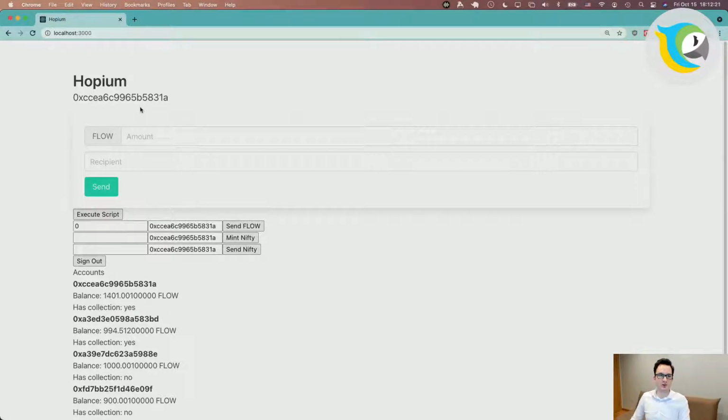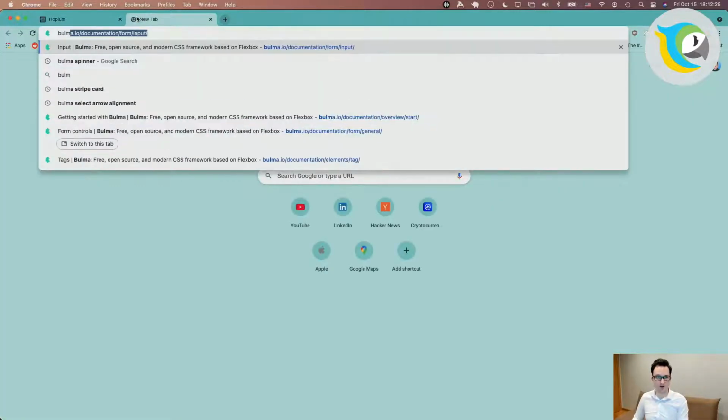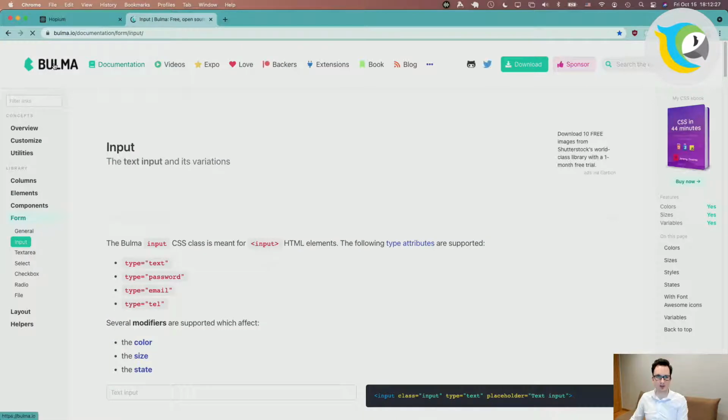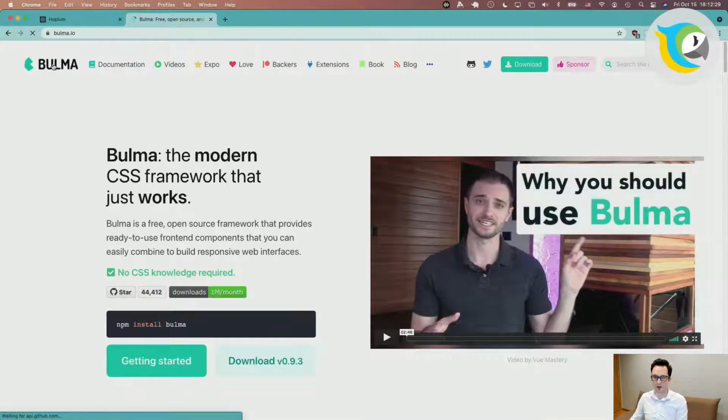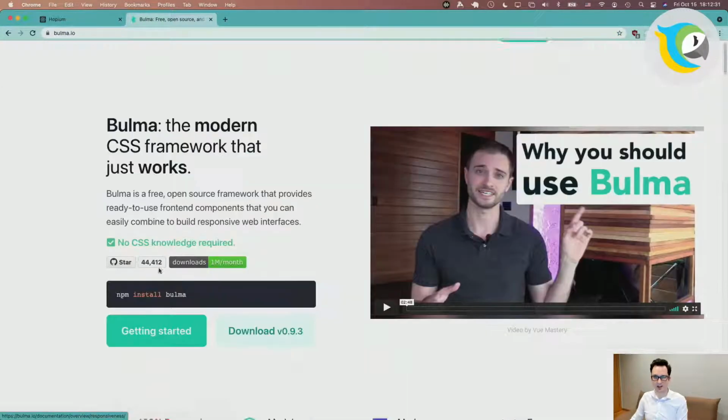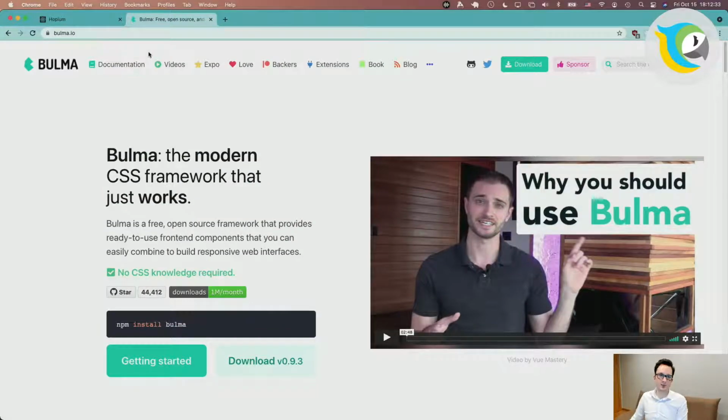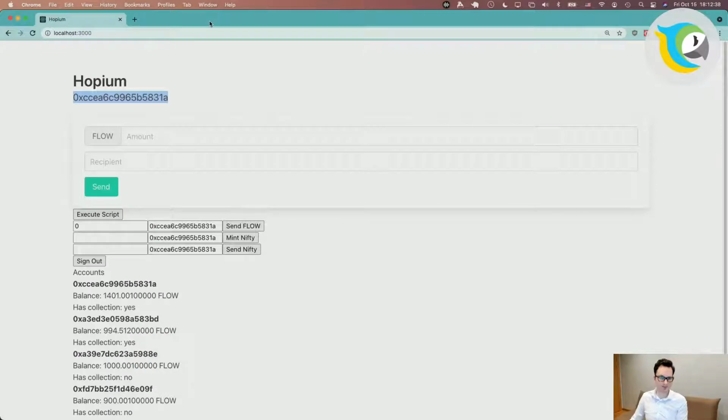Okay, so what I'm using for this is this Bulma CSS collection. It's a user interface framework, and it's very light, and you can compose all kinds of user interfaces from it. It's kind of like Bootstrap but evolved, right?